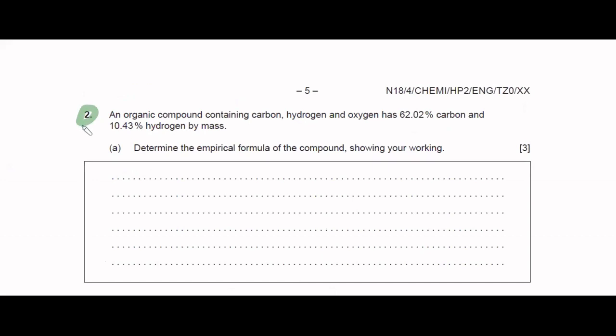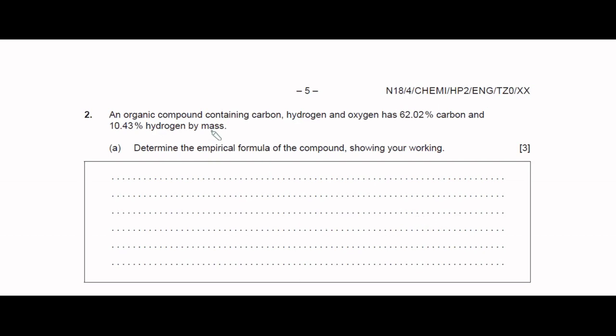So you might be wondering where the first question is. The answer to the first question has been solved before. Its link will be provided in the description box. If you want to have a look, you may check the description box to get the answer to question 1 from this particular question paper code. So now you may pause the video and read through the question.